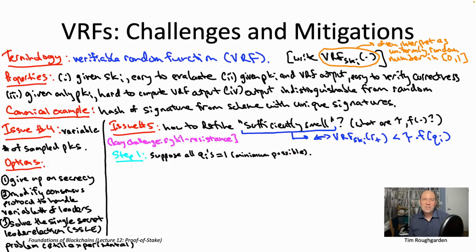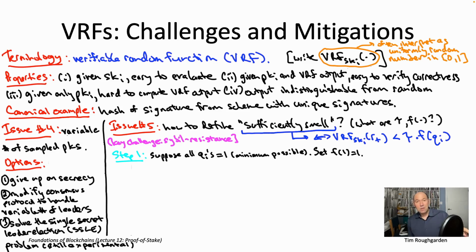So in this case, obviously, we only care about the value of little f at one point, evaluated at 1. And without loss of generality, we can just set f of 1 to be equal to 1. That's just a normalization. So in that case, the right-hand side of the blue inequality now just becomes tau, the difficulty threshold.